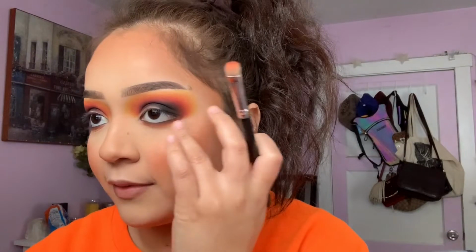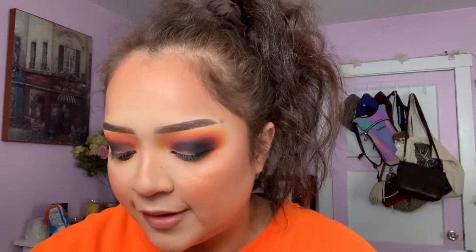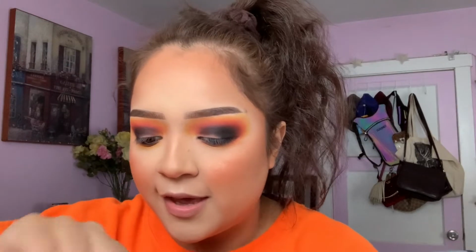And I mean, you don't necessarily have to do this portion, but for me, I feel like it really helps connect everything together. But I know for some people, they don't really like applying eyeshadow on the bottom. So now that we have everything, I'm going to cut the crease, and I'm actually going to be using concealer because I'm going to be using a neon pigment. And for neon pigments, it's better to use a sticky base. So it's better to use something like your concealer,